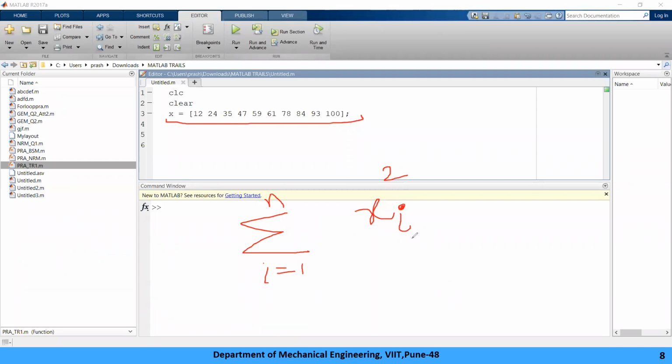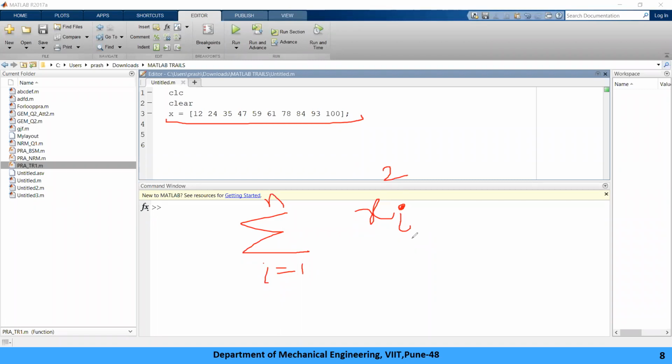I need to perform this. Now there are some shortcut commands for doing this summation, but here the focus is about the logic, how the program or how we can use a logic to do this small summation.